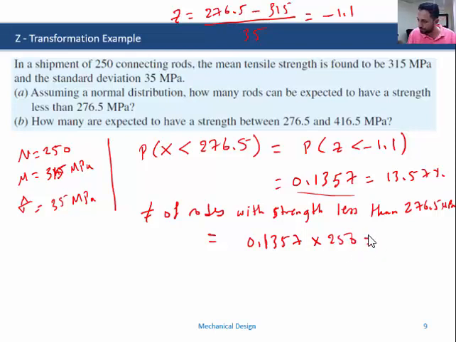This is equal to 13.5. I'm sorry, 33.9 roads, which is approximately 34 roads. So 34 roads will have a probability that their strength is less than